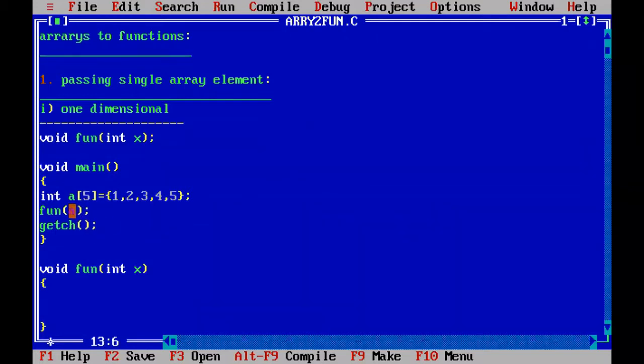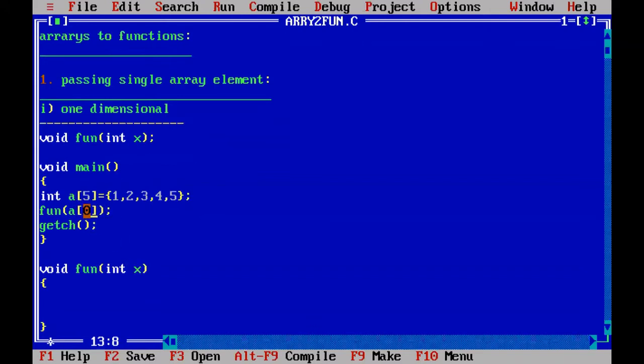If you write A, that means you are representing all 5 elements, so we are not going to pass that. If you pass all 5 elements, integer x will hold only one element. So try to pass only one element here. How to represent the first element? A of 0. A of 0 means 1. Only that 1 is passed to x.